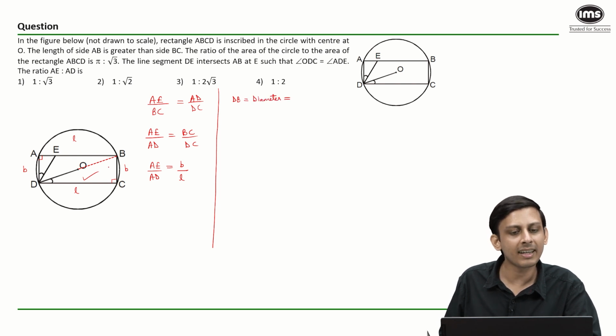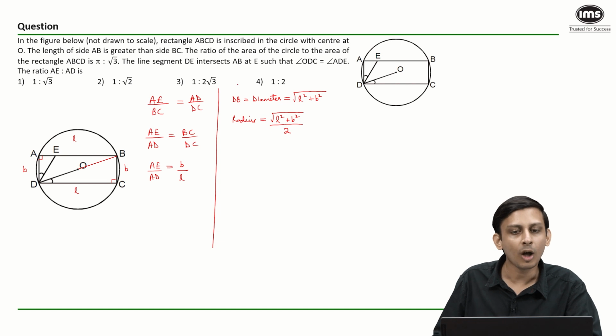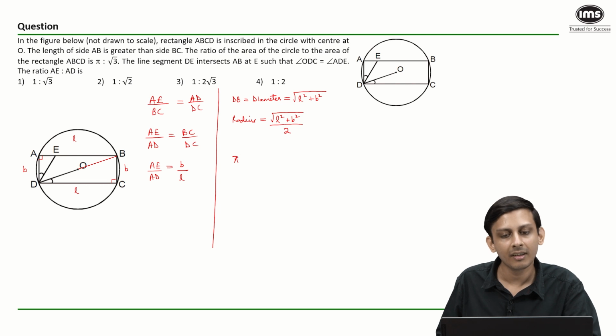And now using Pythagoras, we'll get that DB is square root of L square plus B square. So this will be the diameter, which means the radius of the circle will be half of the diameter: square root of L square plus B square by 2. Now the area of the circle is pi into the square of the radius. So if we square the radius,